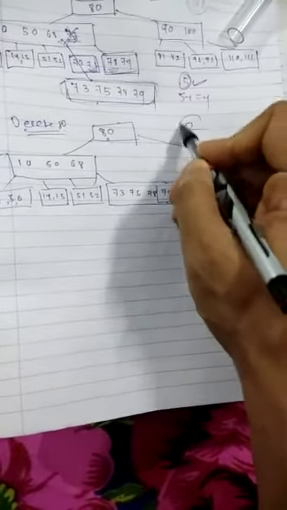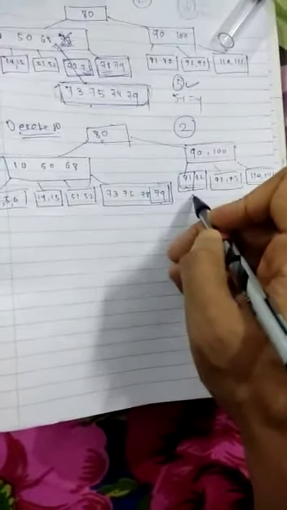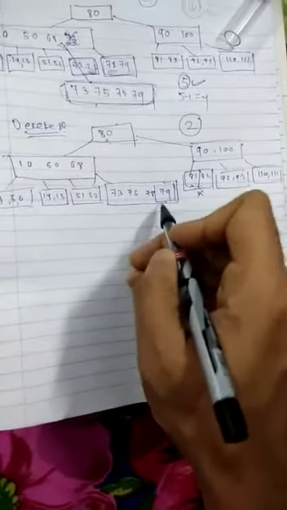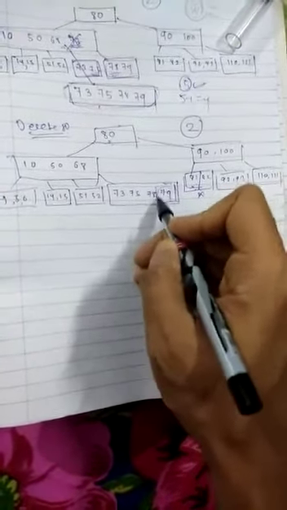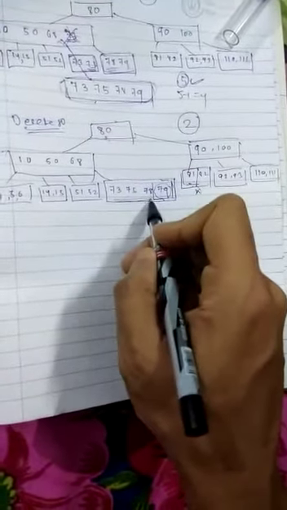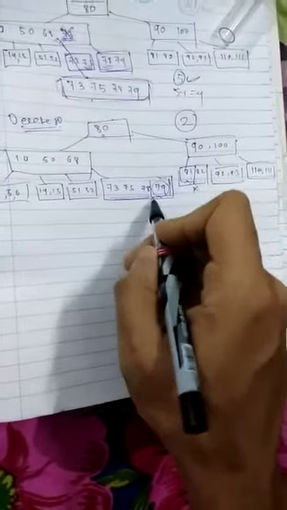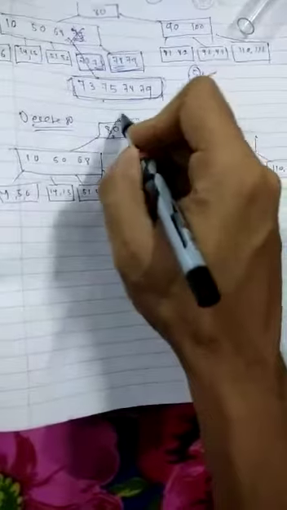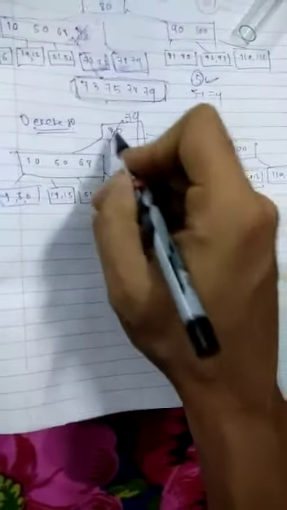So you have to check, can you replace with this in-order successor? No. Why? Because here the minimum number of nodes is 2. If you replace it, then this node goes to the underflow condition. Then can you replace with the in-order predecessor? Yes. If we replace this, then it contains 3 nodes, so no underflow condition occurs. That means we replace 80 in the root node with 79. 80 is deleted and 79 is placed here.